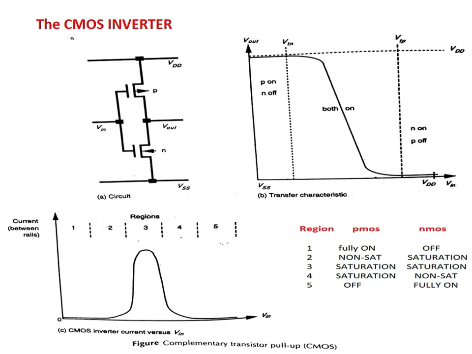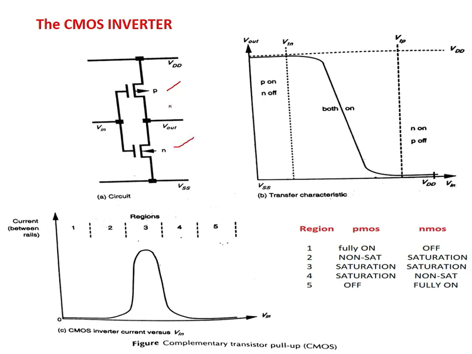The CMOS inverter. CMOS stands for complementary metal oxide semiconductor. It is a combination of both PMOS transistors and NMOS transistors. PMOS transistors work as the pull-up network and NMOS transistors work as the pull-down network. If any circuit consists of PMOSFET and NMOSFET transistors, then it is said to be CMOS technology. Here the depletion mode MOSFET is replaced by a PMOS transistor, and the pull-down network, that is enhancement mode, is an NMOS transistor only.